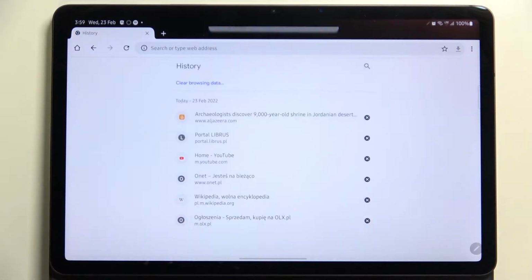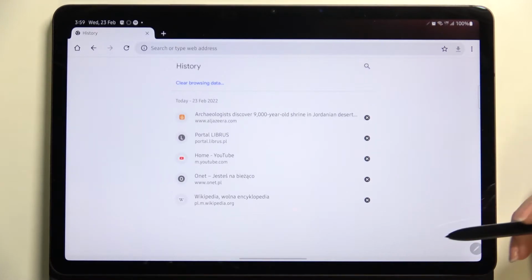Now let's enter the history, and as you can see this is the list of all previously visited websites, and of course you can remove them one by one manually just by tapping on this X button right next to it. But if you'd like to remove all of them, or if in your case the list is so wide and you do not have the time to do it manually,